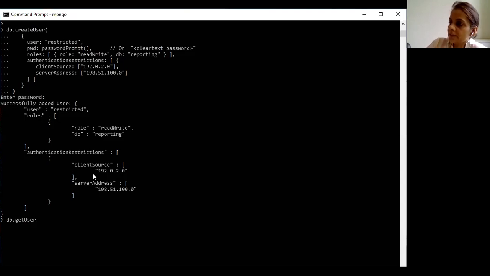So username is basically a string in this case. We can specify arguments and its type is a document, which is an optional field. We can tell the server or the shell to display credentials, privileges and authentication restrictions given to a particular user.